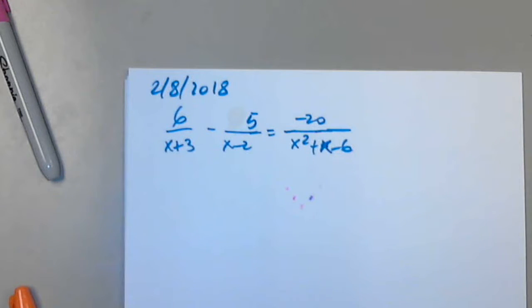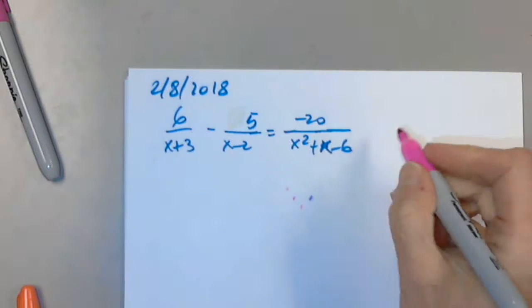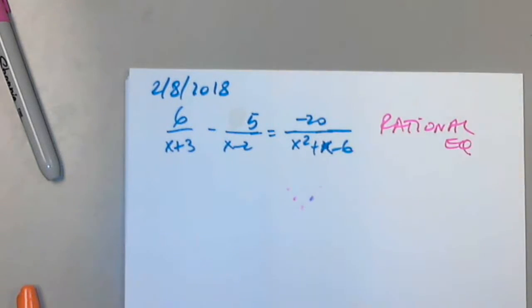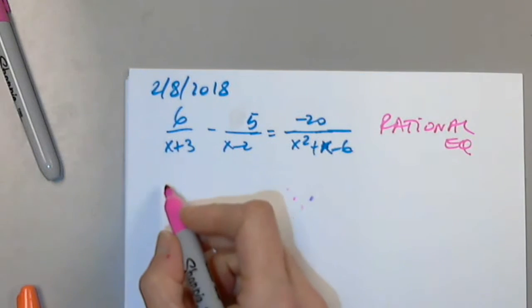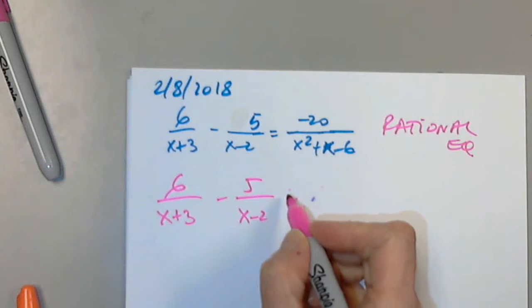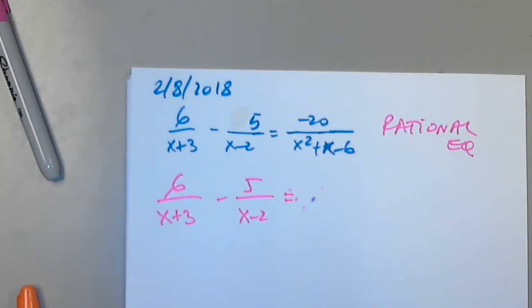True, but specifically what? Irrational. Of course, it has ratios and it has x in the denominator. Very good. It is a rational equation. Then I'll say to myself, okay, I think I want everything on one side. So 6 over x plus 3 minus 5 over x minus 2 equals, and a student asked me,